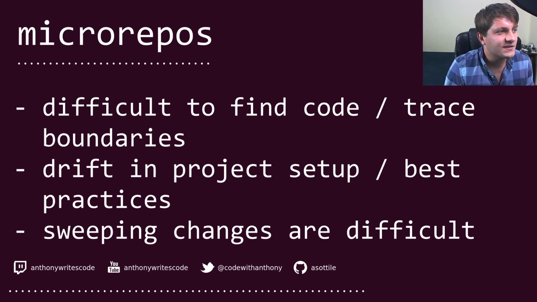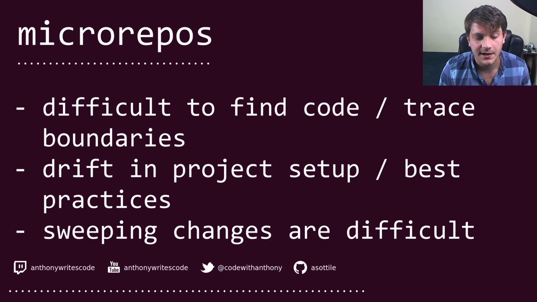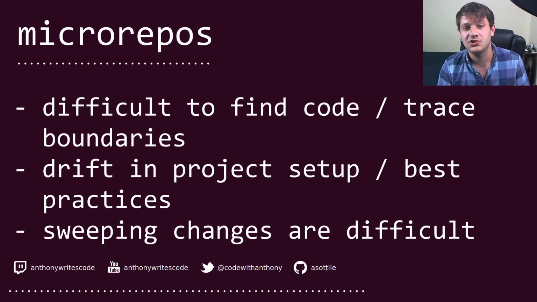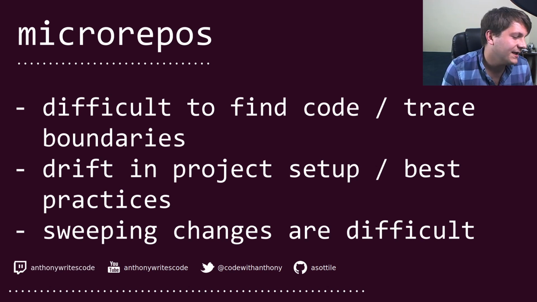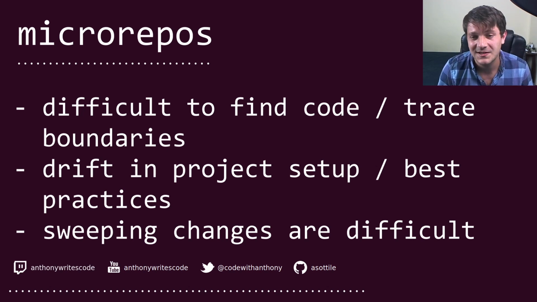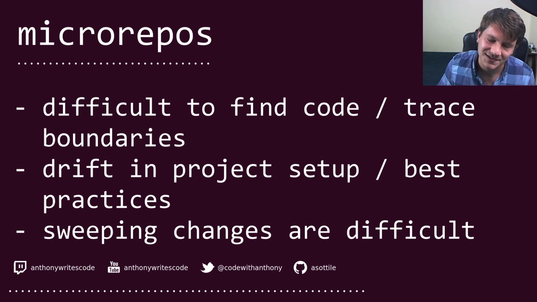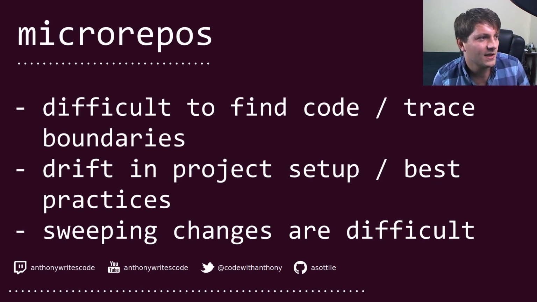With many repositories and many independent owners, it can often be difficult to make sure that all of the stuff looks about the same. So there's a lot of drift that's easy to have in small repositories, especially as you bootstrap new ones over time and you have some base template. That base template is going to change, and so it's often difficult to keep them all in that same structure